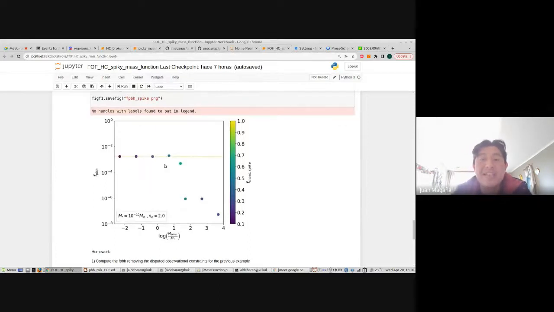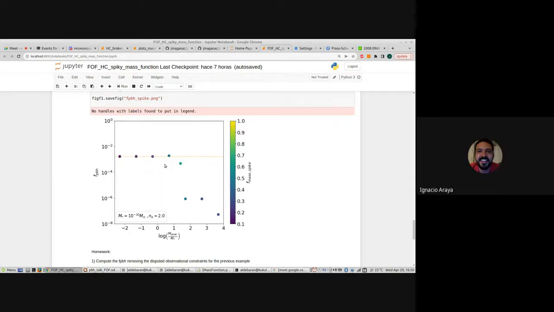What else? Are there questions or comments? I have just one comment. So doing the weighted average of the 1 over f, each physical process will give you a constraint. So once you have one for each physical process, how do you combine them to find the net one, let's say?